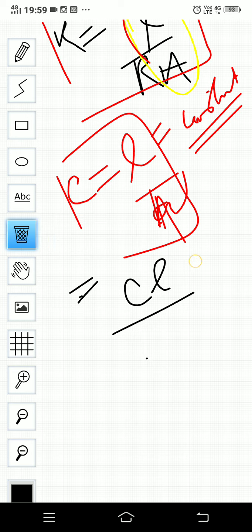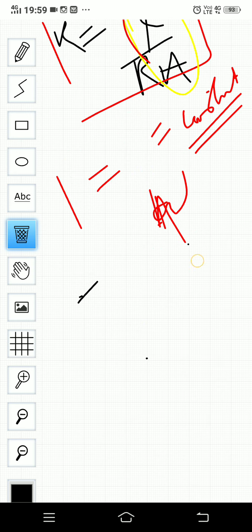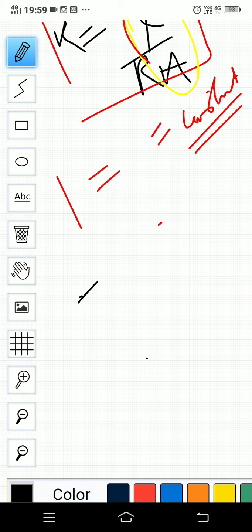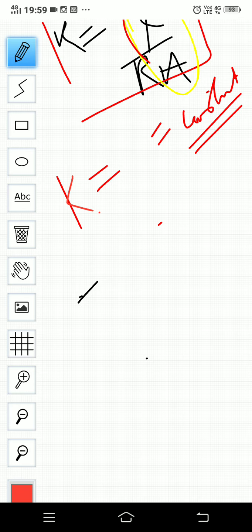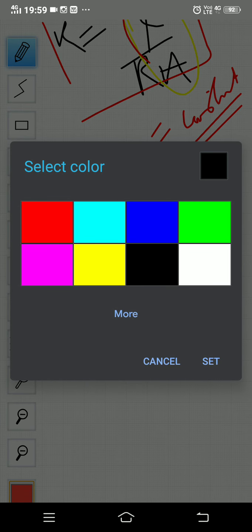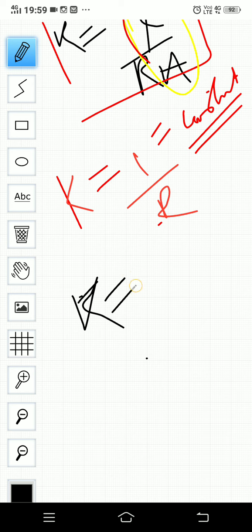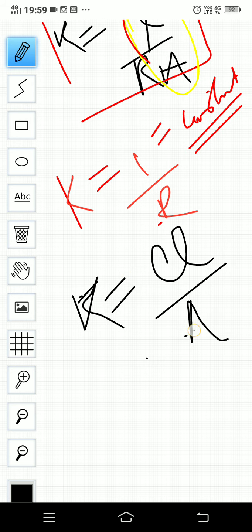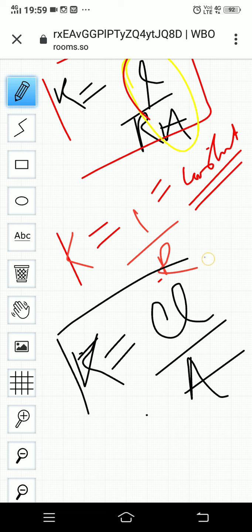Okay, I've done a huge mistake here. Students, just make it clear. Here, what I've done is, I've written L by A as a constant. L by A is not a constant here. The constant term is, the constant K is given by 1 by R. 1 by R is a constant. Okay, so in place of 1 by R, we can write it as K is equal to C L by A. This is my value of specific resistance. Is this clear? So specific conductance, specific resistance is clear to everyone.